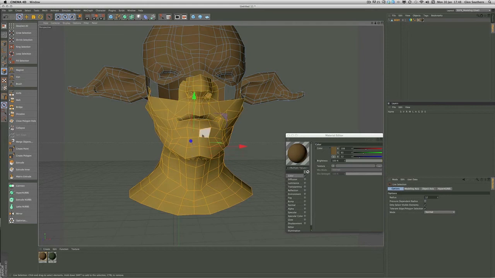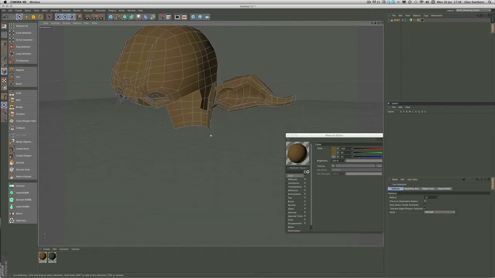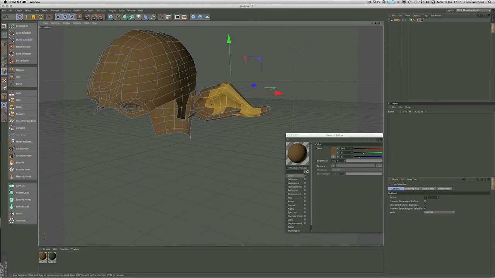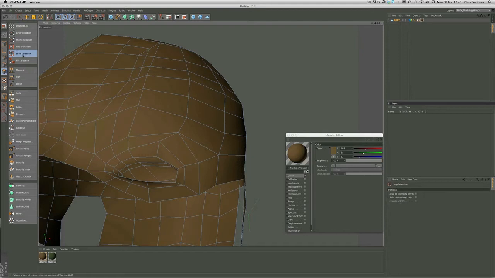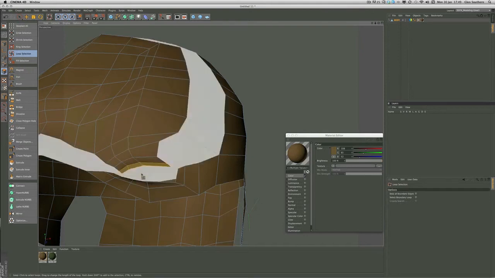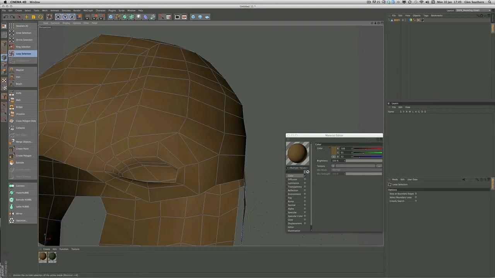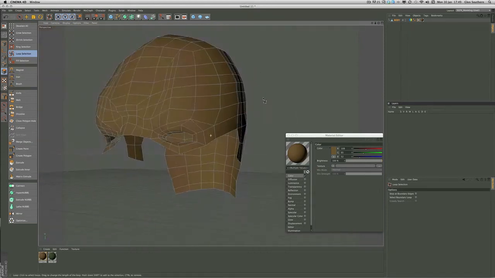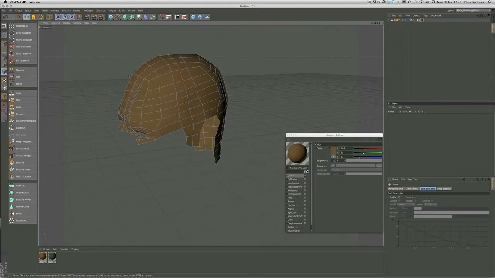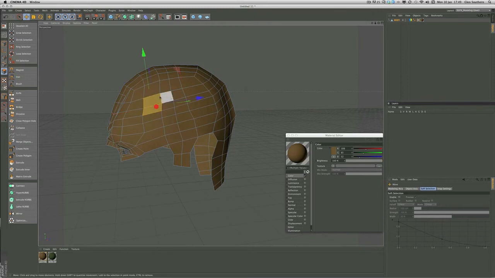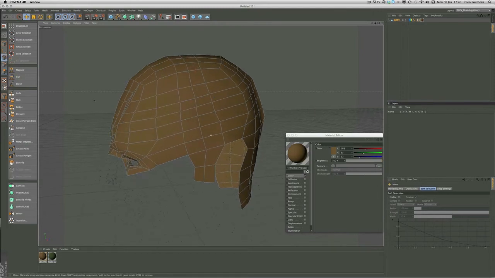Select all the bottom now because we've divided it off. And you can see already that we've got the shape of the mask quite nicely there. Just go in and use loop selection inside here. Loop selection, and then delete it, and then delete the inner bit. That's fine. And then the last bit, before we take it back to the other document,